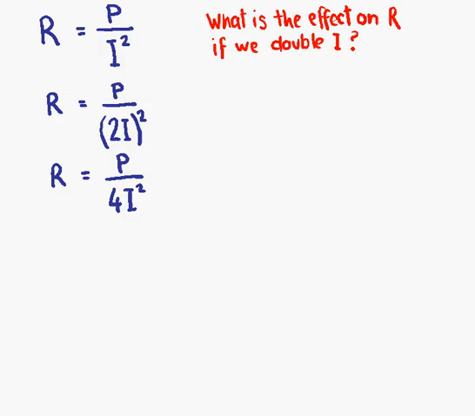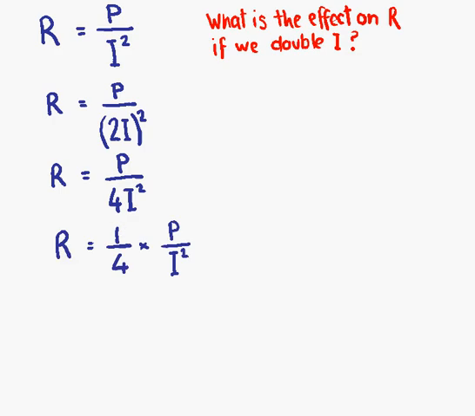Now this is similar to the previous example, the one where we looked at speed, distance and time, where we had the number 2 on the top line. This time we have the number 4, but it's on the bottom line. We want to know the effect on R. So what we want is the same formula as the first line, only some multiple at the front showing the effect. So what we have is R equals P over 4I squared, and if you think about it, that's exactly the same as